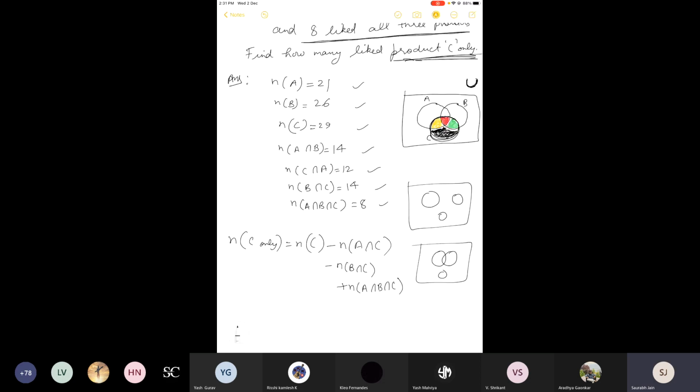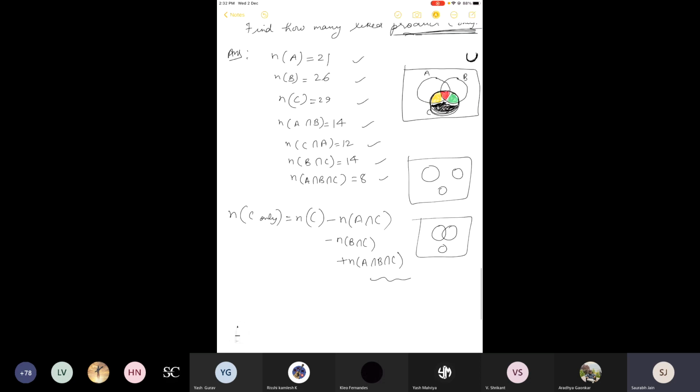So till now what happens? When I subtract yellow and red from the whole circle, now I am getting the black one and green one. But I need to subtract the green portion also, but I can't do it directly. So what I have done? I have subtracted green and red also. But in that case, I am counting red two times. I am subtracting red two times. But in fact, it should be subtracted only one time. That is why I have to add it once. So what I have done? I have added A intersection B intersection C once.